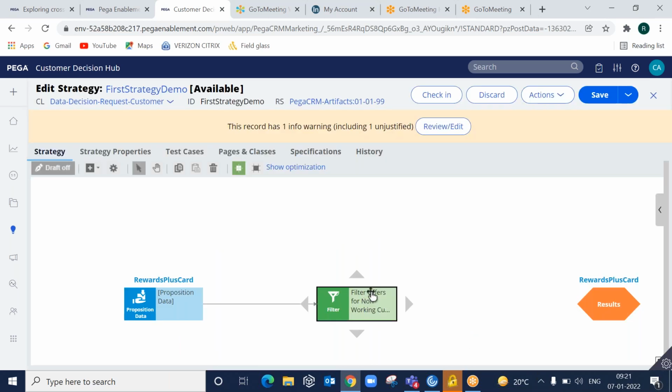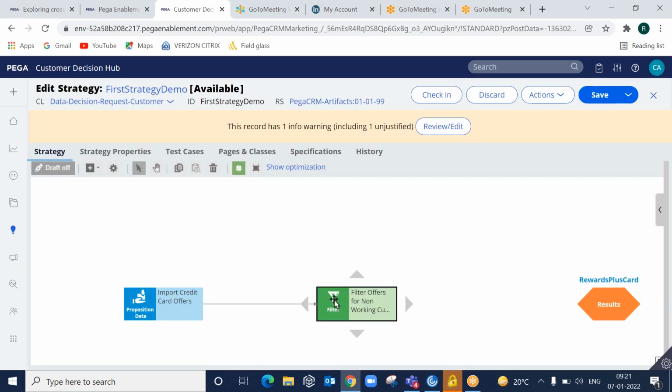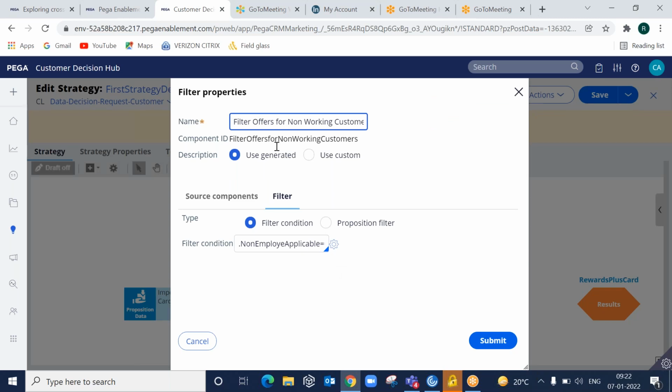You can see the name will be displayed like this. Similarly, you can give a name for this one also. It is a good practice. I'll say import credit card offers, and submit. Now you can see the condition I have given is filter offers for non-working customers.